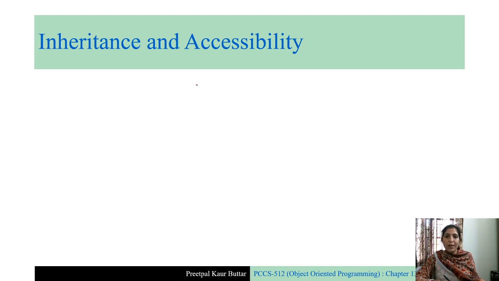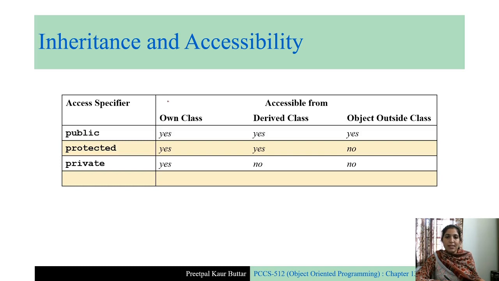Then comes inheritance and accessibility. So this table is explaining the access specifier and whether the members under that access specifier are accessible inside their own class, whether they are accessible from a derived class, whether they are accessible from outside the class. So if the access specifier is public, suppose you have a base class,